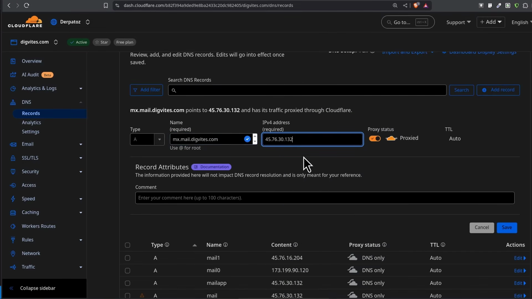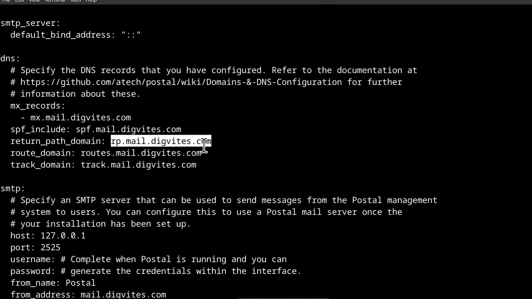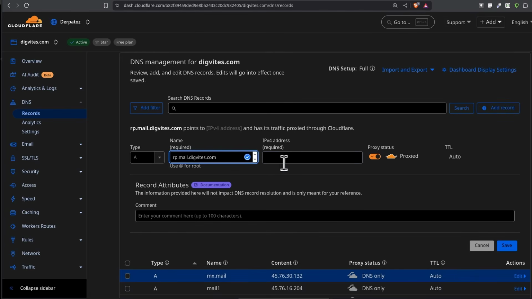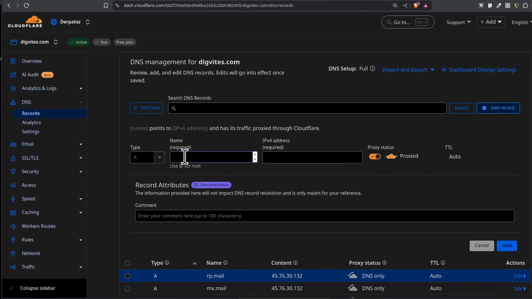And if you're on Cloudflare, all the records you add, make sure you gray them out. And then I'll save. Let's add this as an A record. And proxy, save, route as well, add, paste,